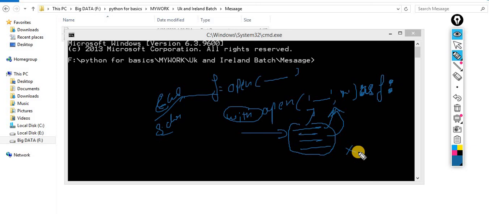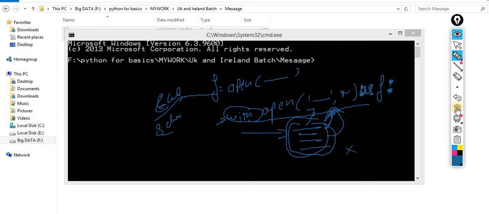The rest of the things are exactly the same, but the difference is you open a file with the with, and after the colon, indentation is highly required in Python. So now these lines are associated with this code. Sometimes your requirement is to associate a group of lines with one file, and at that time you take the help of the with statement.